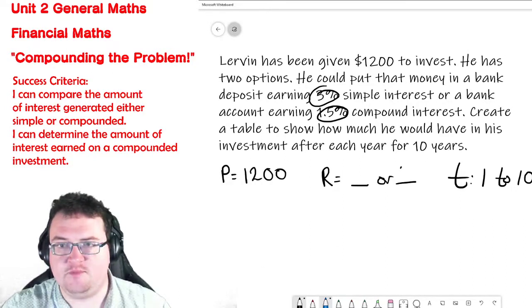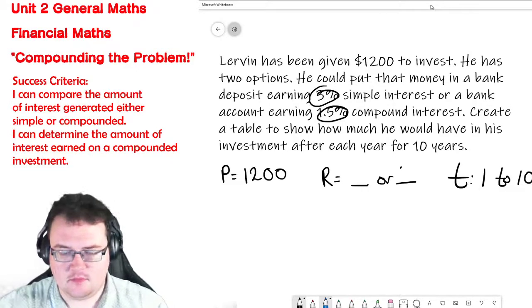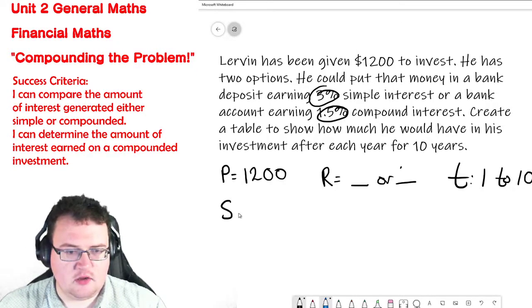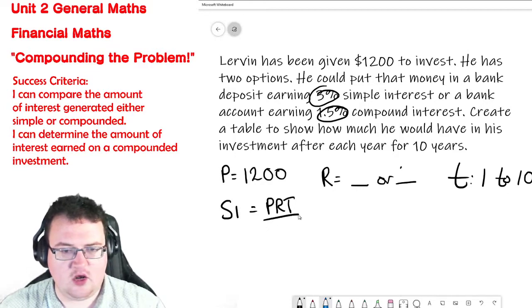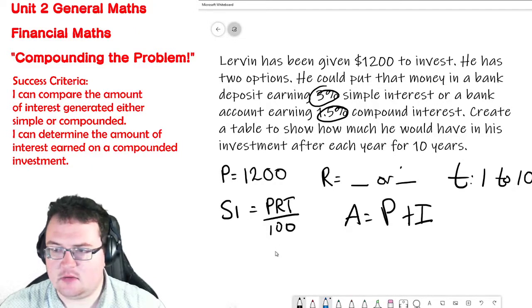equation. So the simple interest formula is SI equals PRT over 100. And then the amount is equal to P plus I. So it is going to be, in terms of our CAS calculator,